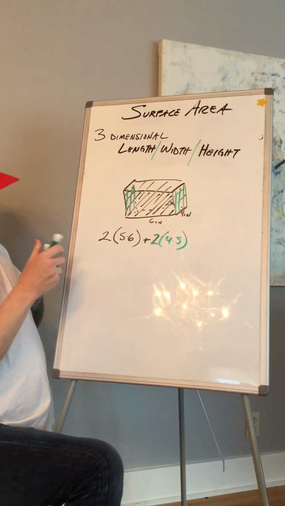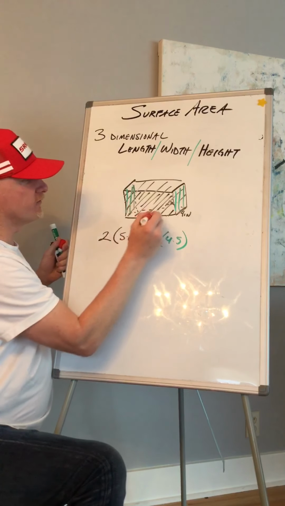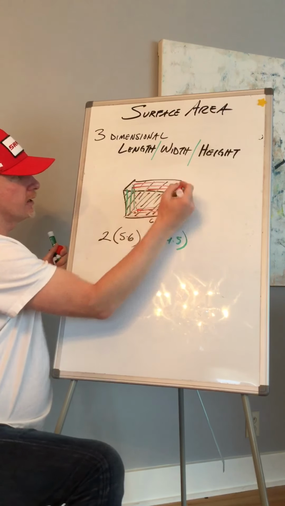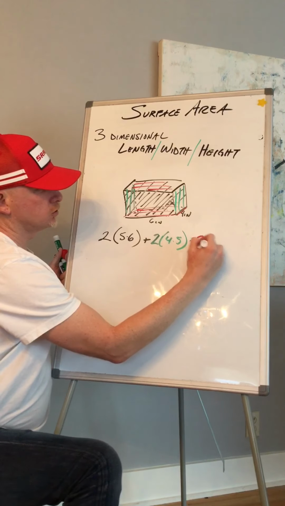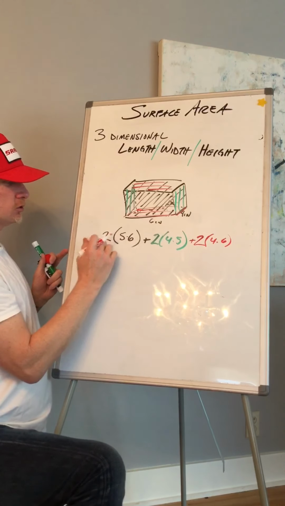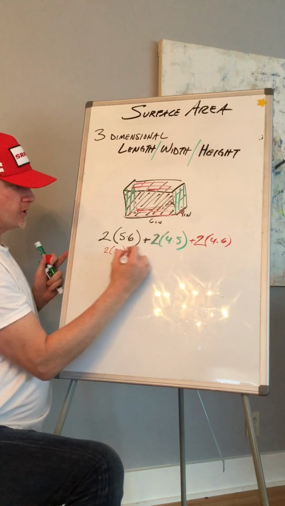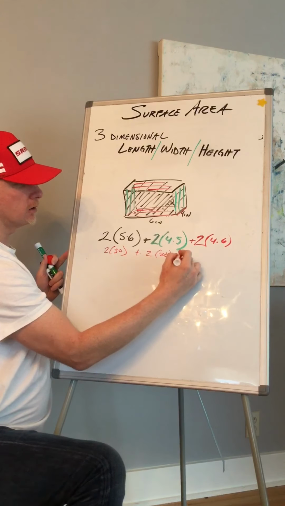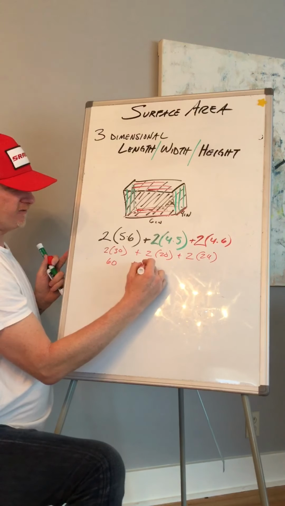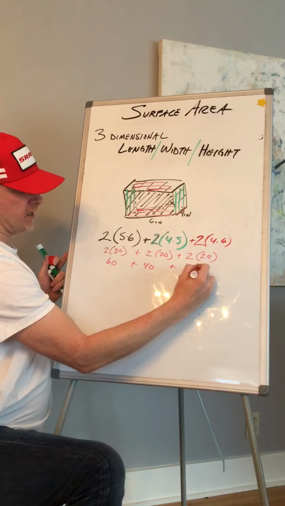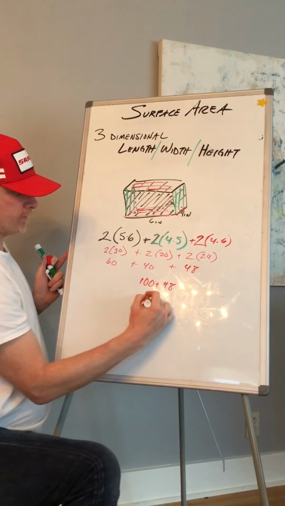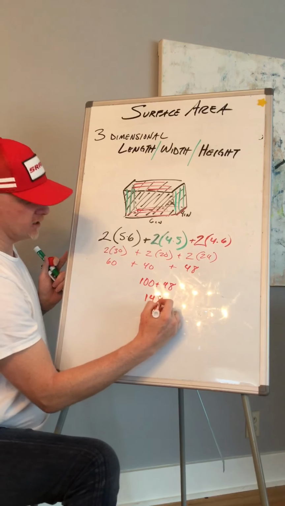And my last one, I also have a top and a bottom. So I have this 6x4 as my bottom, as well as the top. So I add 2 4x6s to get how much space on each. So this is 2 times 30 plus 2 times 20 plus 2 times 24. So I have 60 plus 40 plus 48, which gives me 100 plus 48, which gives me 148 inches